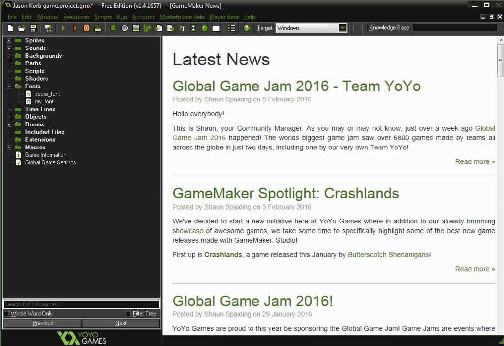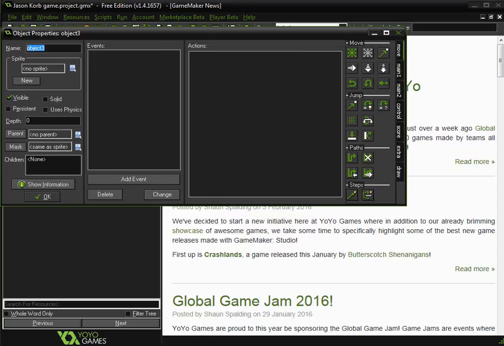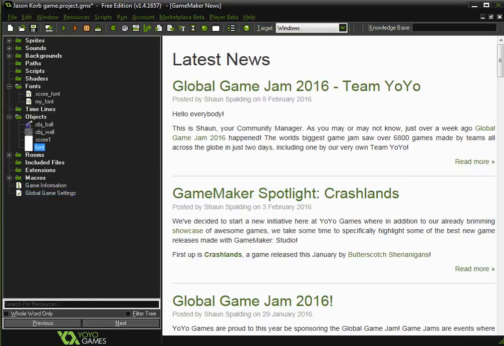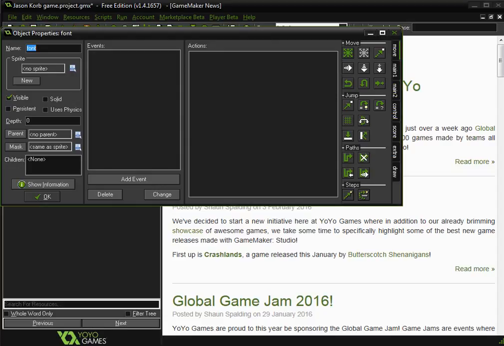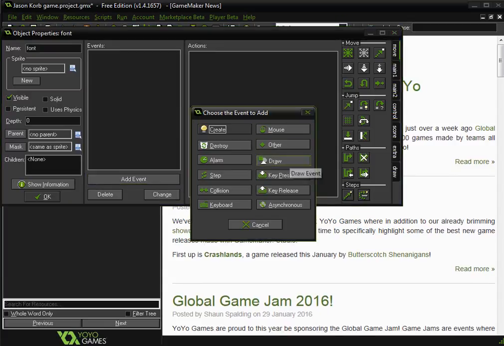Then you go into an object. Now here's where I would probably make a new object and make one called controls, or you could even make one just specifically for your font if you wanted. Let's do controls because I'm going to use that later. Actually, no, I'm not. Let's just say font. It's not going to need a sprite. Click OK. Then we open up font, and that's the announcements. That's annoying. We click add an event. We choose draw,